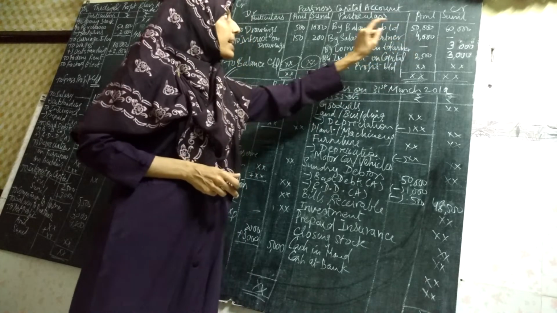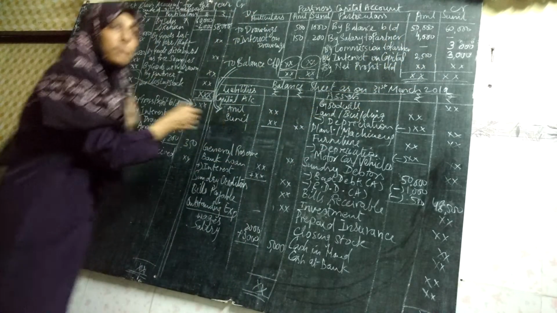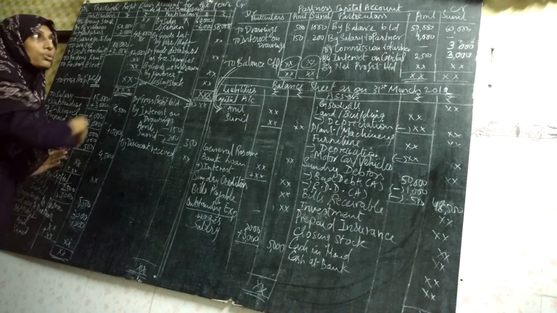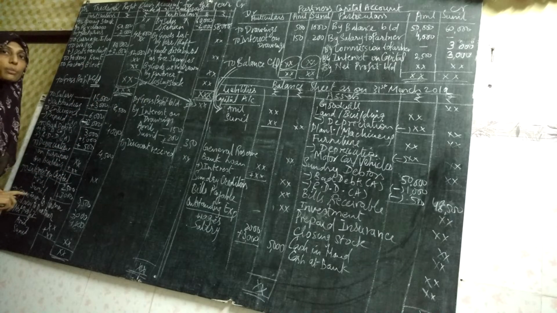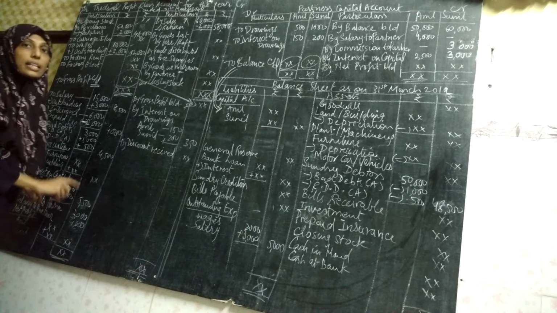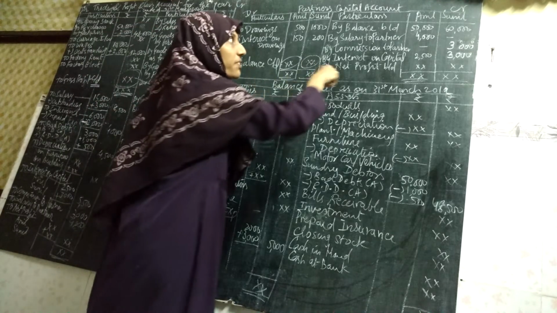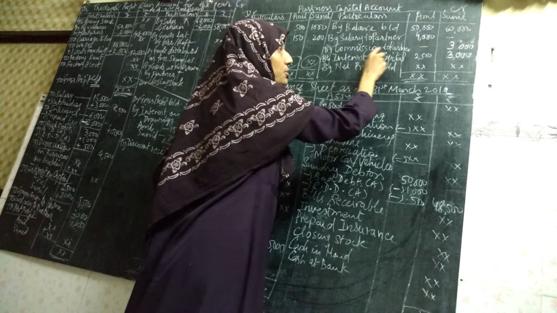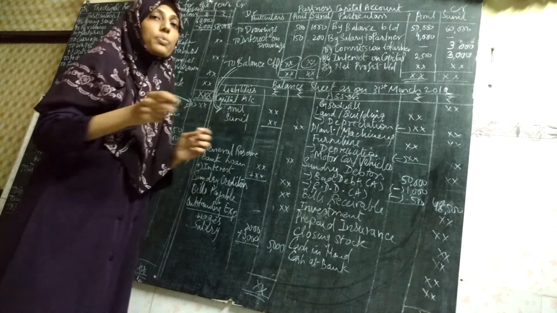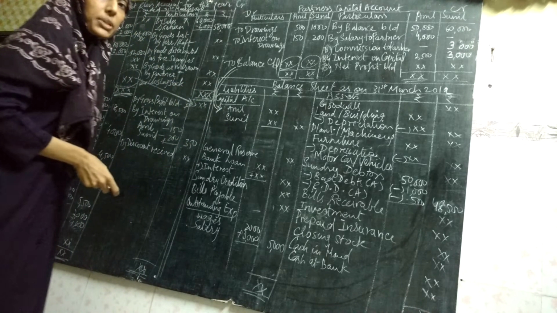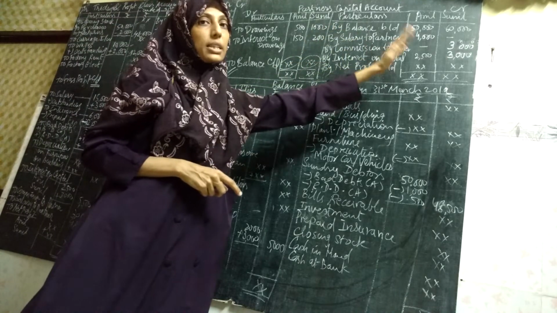Like that, Sunil has taken commission from the business. The business is paying 3,000 to Sunil as commission. So it is an expense of the business. Here it will be written as commission to partner rupees 3,000 on the debit side. At the same time, the 3,000 will be reflected in Sunil's column as commission to partner 3,000. So one adjustment, salary to partner or commission to partner, has two effects: the P&L account debit side because it is an expense for the business, and the partners capital account credit side.